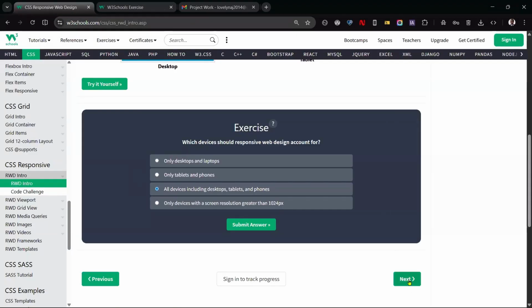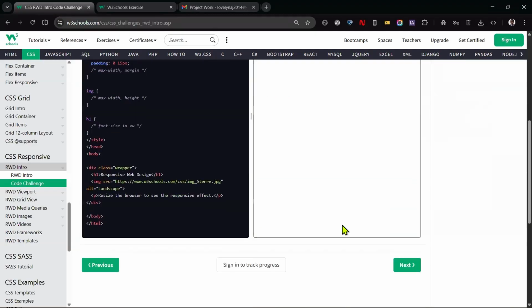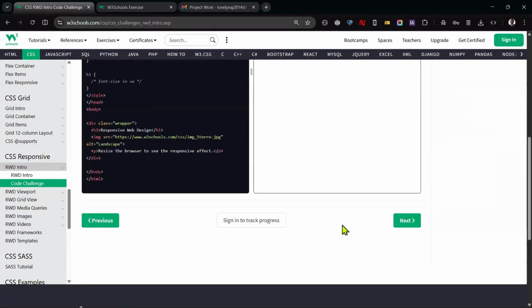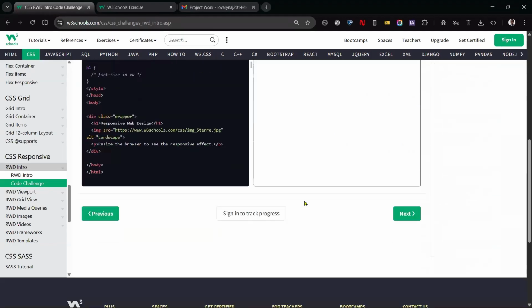So let's continue. Move to these ones. I know it's the same thing. I don't want to waste time in the code challenge because it's simple. You can just do it at home. So we move to